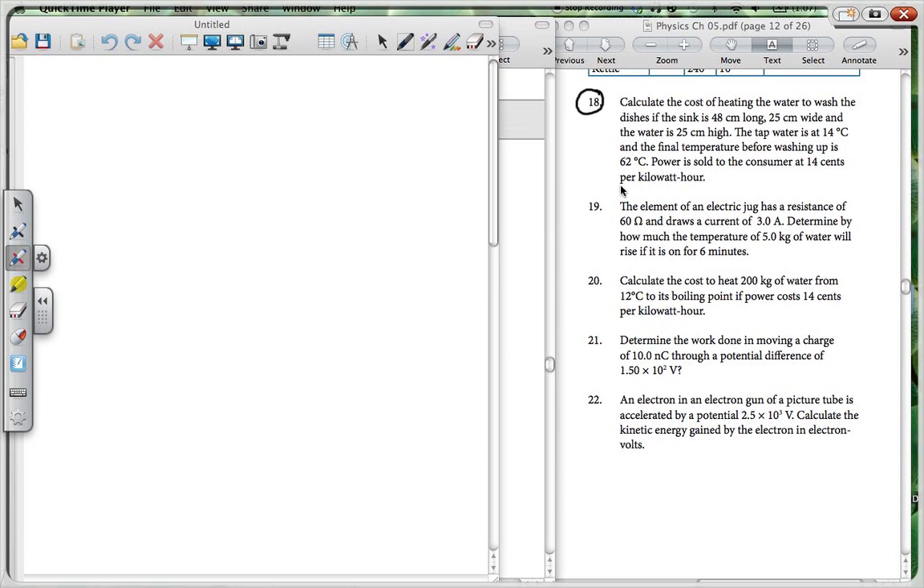Okay, so there's quite a few things that we need to do here. I'm going to discuss this kilowatt hour, what that actually means. But firstly, we'll need to work out the volume of the water and put that into a mass. So we've got 48 times 25 times 25. That will give me a value for the volume. 48 times 25 times 25. I get